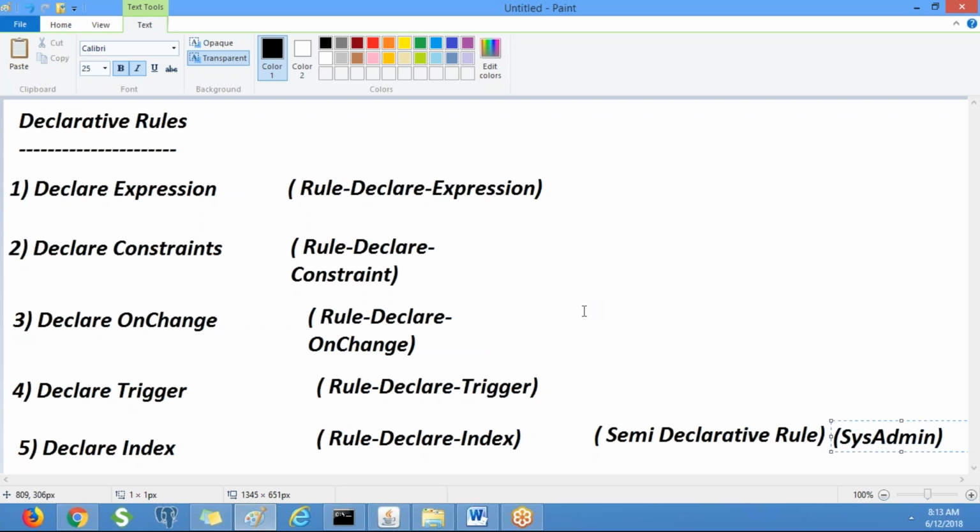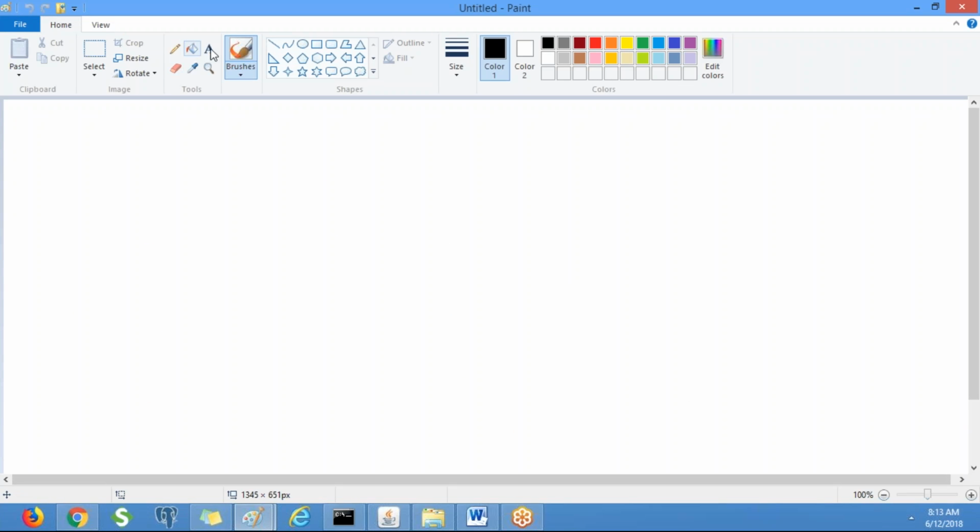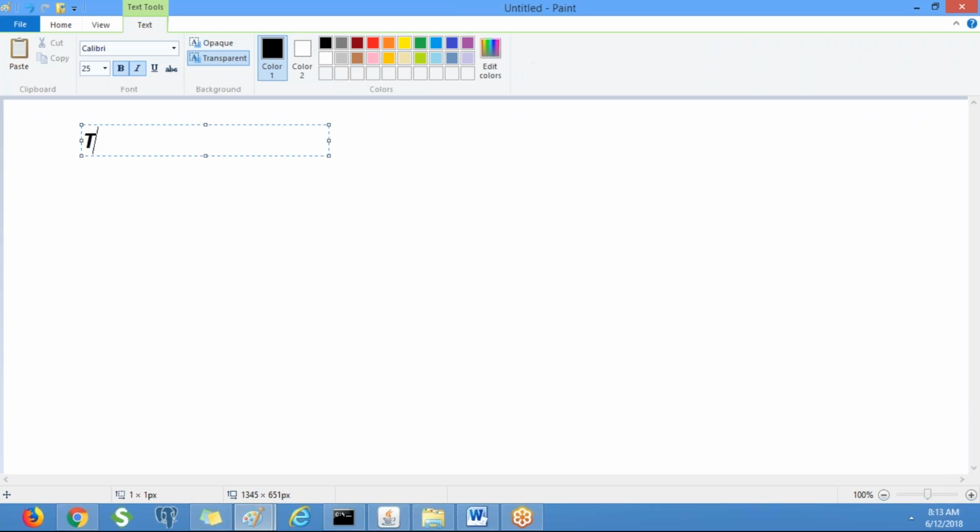Okay, so first we will work on declare expression. Let's say, for example, you need to calculate the total based on quantity into price. Let's say quantity is 10 and price is 100.